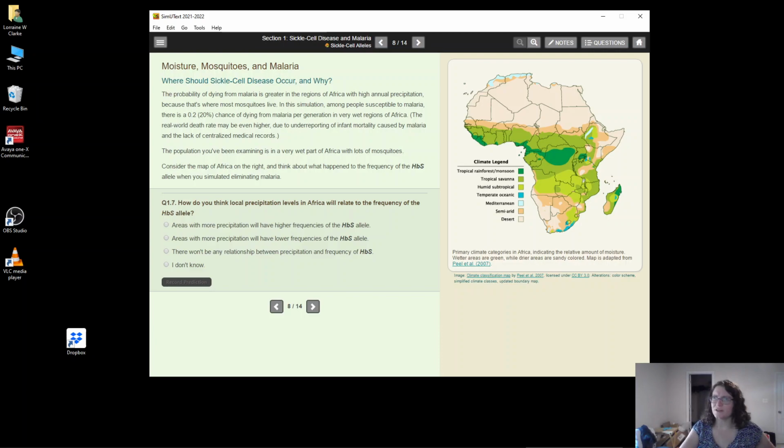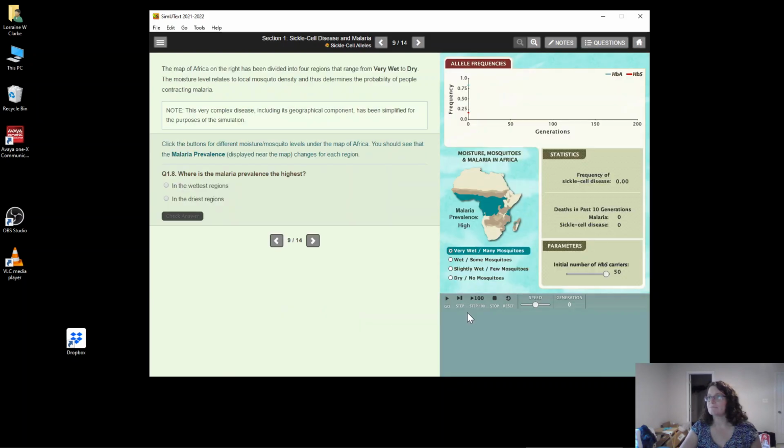Where should it occur and why? It's because where mosquitoes are, mosquitoes love standing water. And so we have low precipitation levels here, and think about where the mosquitoes live, etc. And the precipitation, why would it follow that? Well, this is the ecology of the area. In areas with more precipitation, you have more mosquitoes, etc. Okay? All right. So now we're going to come out to,